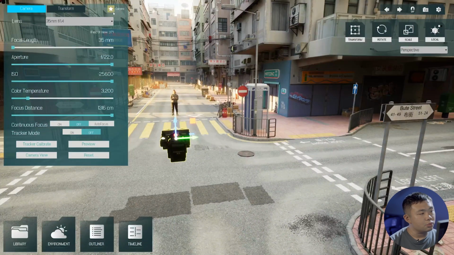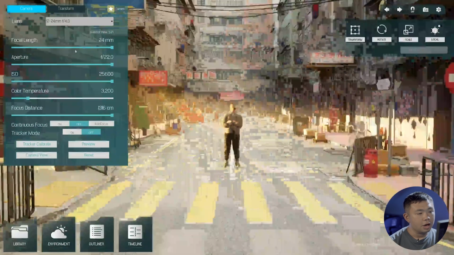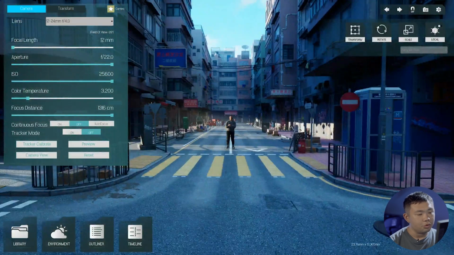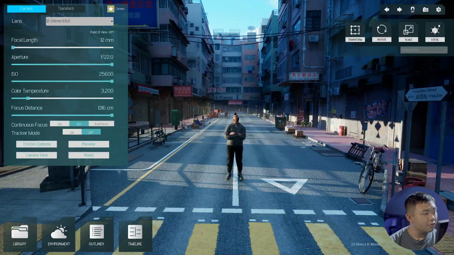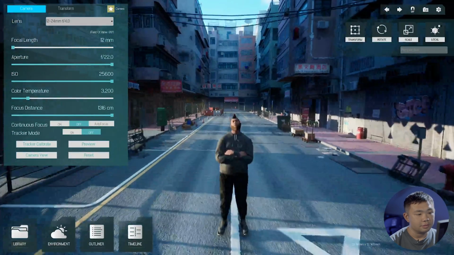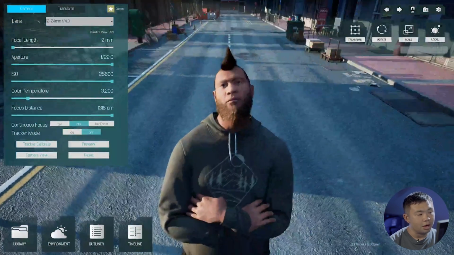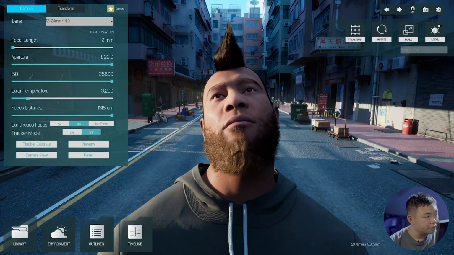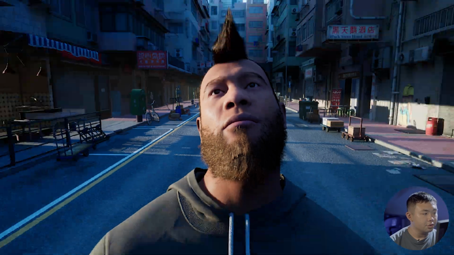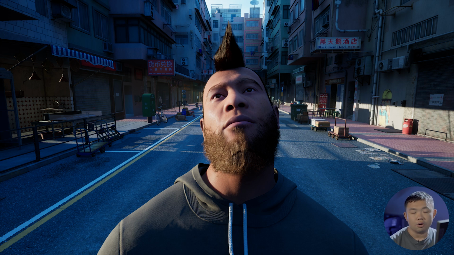Just like this, when we switch to 12 to 24mm, we have a 12. And then you can see that we can capture such a wide screen. But on the other hand, it produces a series of distortion effects, just like here. We can see that once we use short focal length to capture the character, the character is so much distorted. Still, it can be creatively used to emphasize the distorted psychological conditions of your character.